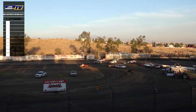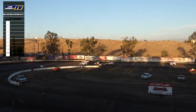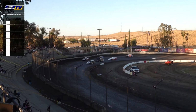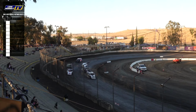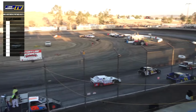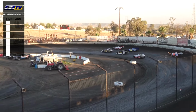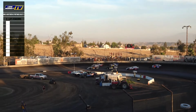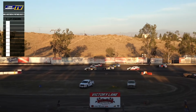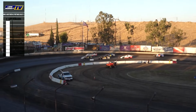Let me give you an update here on entries for the SportMods. We have 23 entries here. So let's talk some shop a little bit here. We might not be transferring the top 3 per se. Typically, when it's that close to a full field, 22 cars here at Bakersfield, when we have one extra, we don't typically send the car home. It'll be an addition into the field. Now, again, the officials go through the pits and ask all the drivers, hey, are you okay with that? And the drivers are all awesome enough to do that. And if they don't do it tonight, they're all chicken. But typically,